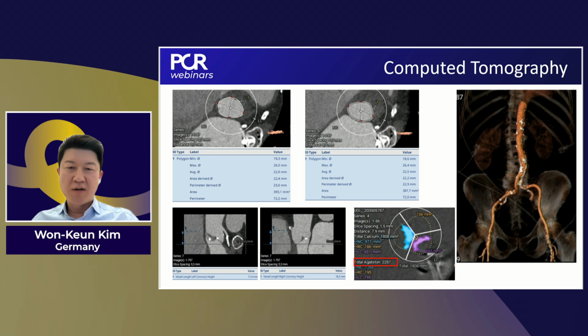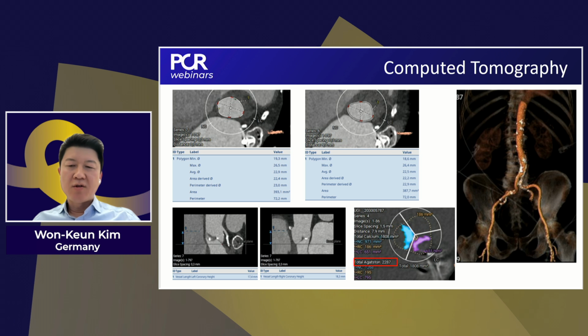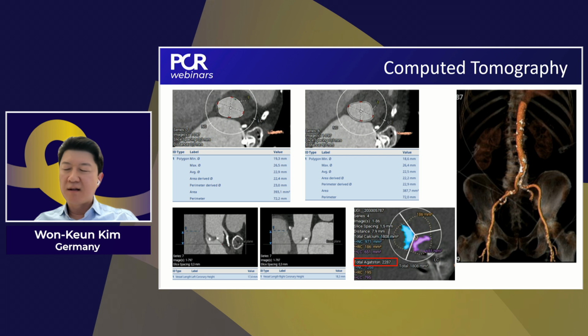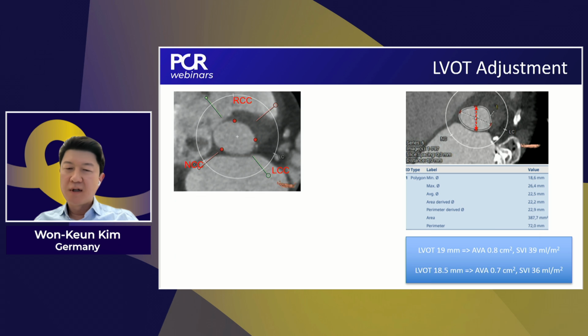and you can also see what it looks like on 4D. So of course we did a computed tomography to measure the annulus and the LVOT diameter. You can see the coronary distance, and most importantly, we looked at the Agatston score, which was higher than 2,000 Agatston units. And this would classify the patient, or at least indicate, that the aortic stenosis most likely is severe.